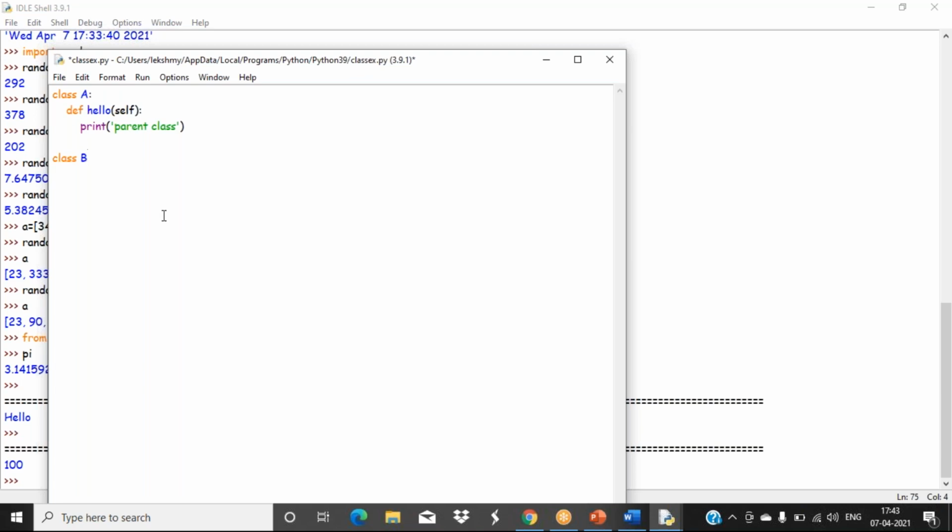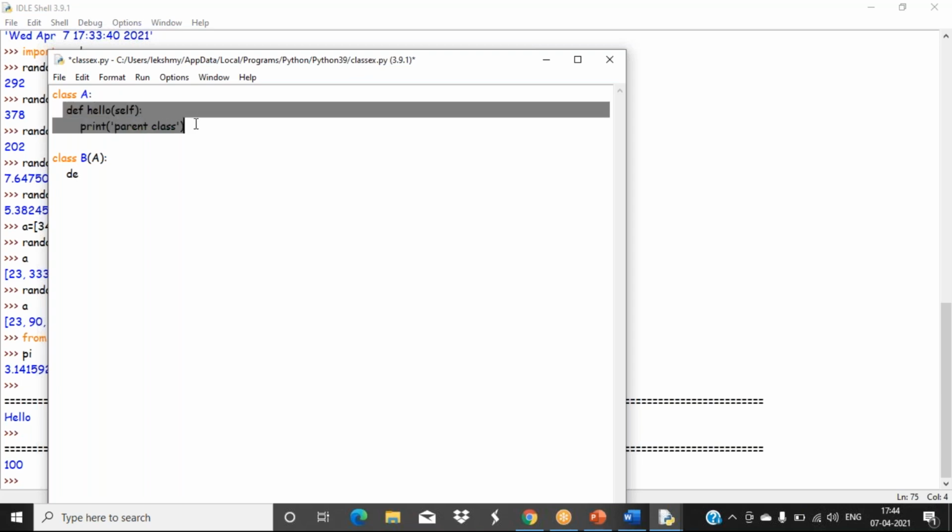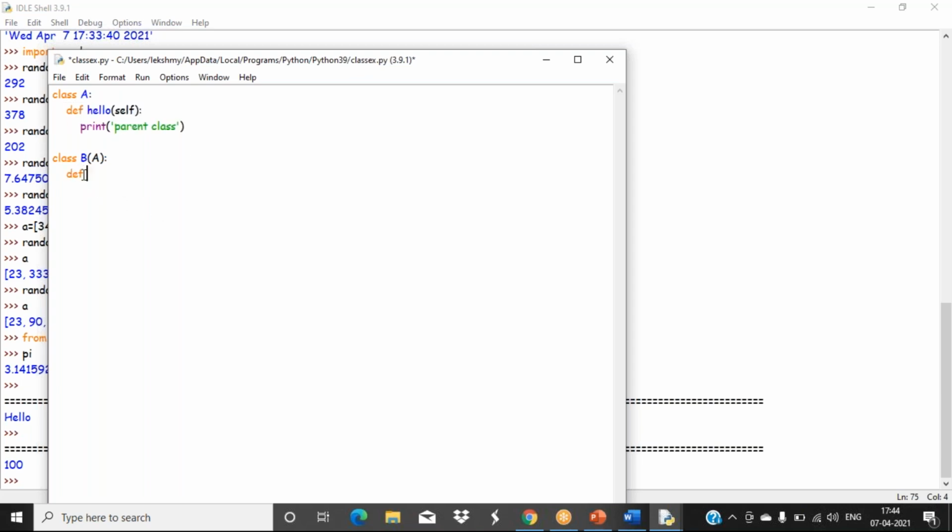Now class B while creating, you have to tell B is inheriting from that A. So this is the syntax here in Python. So automatically B gets access to which function? This hello function. So now we are just creating another function that is hi. That is another class property. Here I'm printing a message, that is child class. That's it. Now in inheritance, we'll create object for the child only. Here B is the child class. So we can create an object for the B.